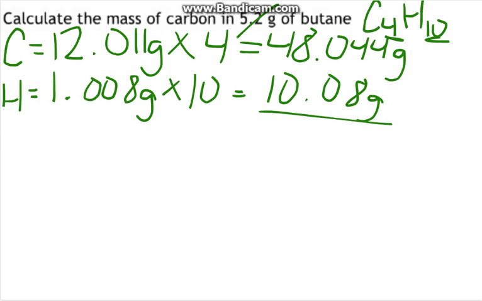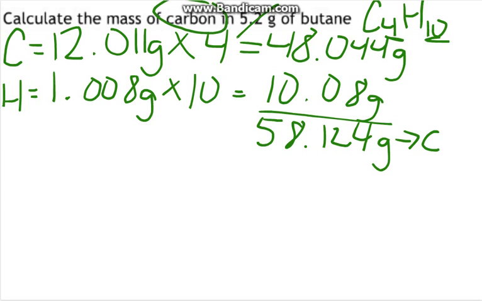Now, the next step is to add those 2 masses together. After you add those 2 masses together, what you're going to come up with is 58.124 grams. This is the mass of our compound. You go back, look in the problem, and you should notice that it's not asking for each individual element's percent composition. It is only asking for carbon in this one. So you kind of got lucky. Instead of actually doing both of these, you're only concerned with carbon, which is this one,